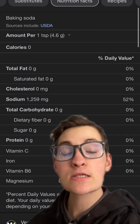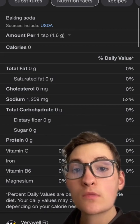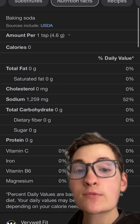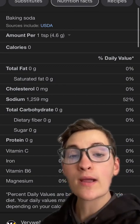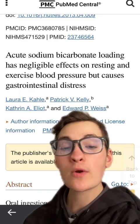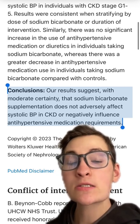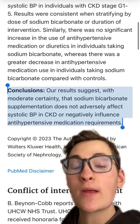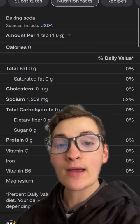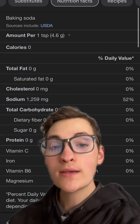With that being said, as this listener very accurately states, there is a substantial amount of sodium inside of sodium bicarbonate. For 4.6 grams or 1 teaspoon, you would get approximately 1,250 milligrams, which is a little bit over 50% of your recommended daily value. With that being said, it doesn't appear like sodium bicarbonate has a substantial impact on resting or exercise blood pressure, and even in patients with chronic kidney disease, does not appear to adversely impact systolic blood pressure or negatively influence antihypertensive medication requirements. However, probably the most accurate way to ascertain whether or not sodium bicarbonate is negatively impacting your blood pressure is by having a blood pressure monitor handy and measuring your blood pressure 1, 10, and 30 days